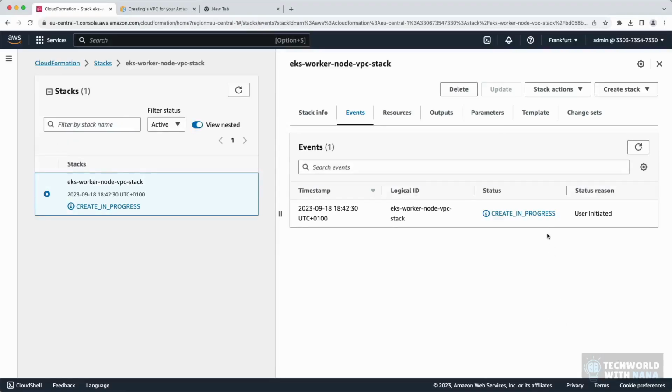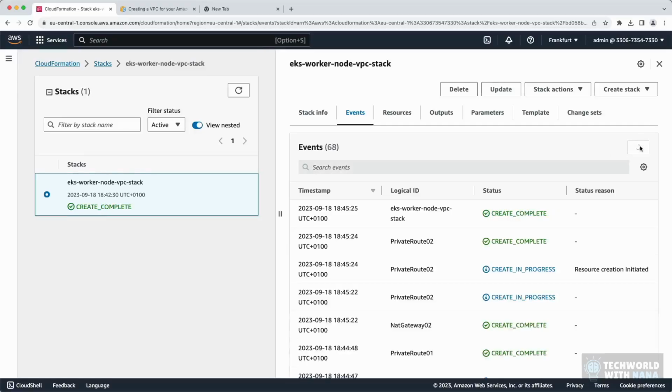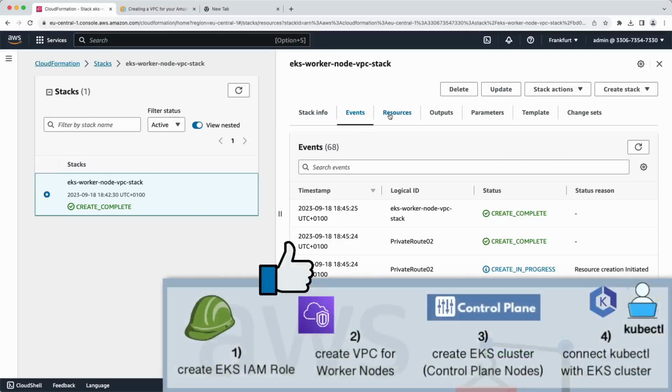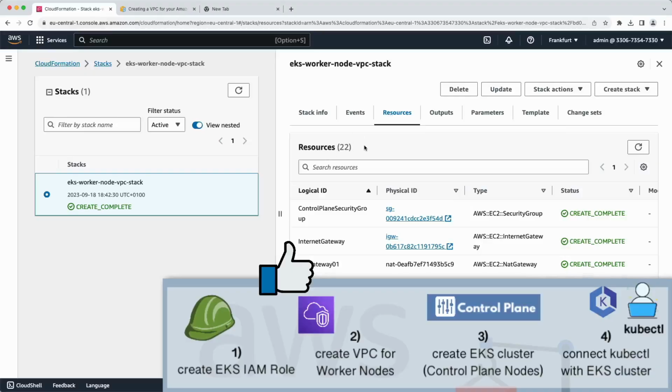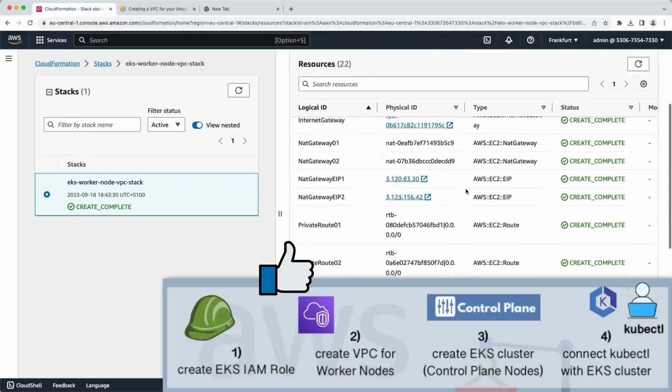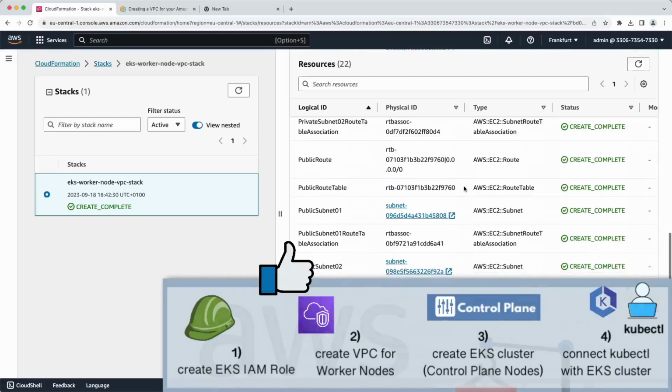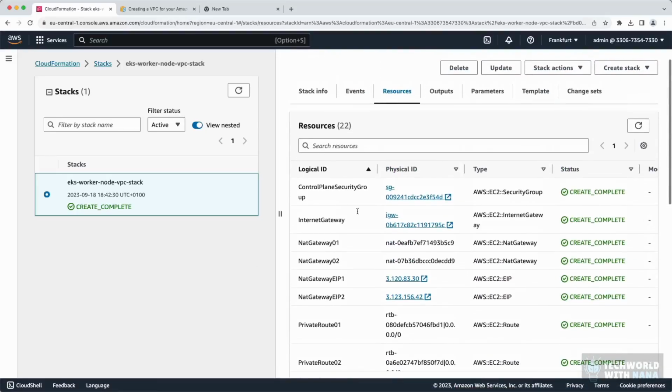And you see the status here, create in progress. Let's refresh it. So basically all the components in the stack are being created right now. So this is the complete VPC stack. Here you see 22 resources got created. The creation is complete for all the resources. And now if you go to outputs,